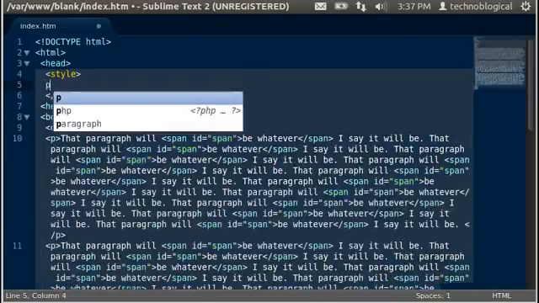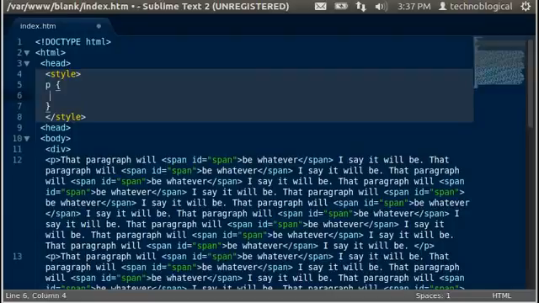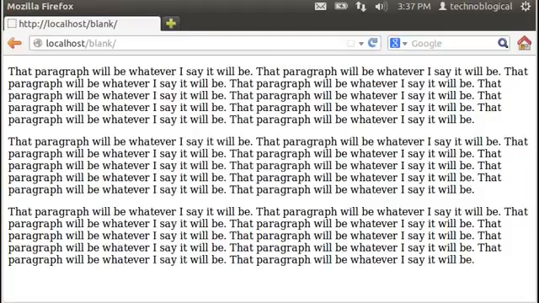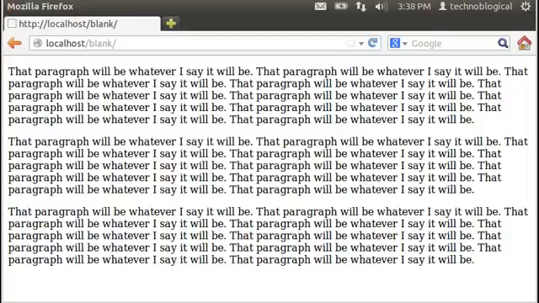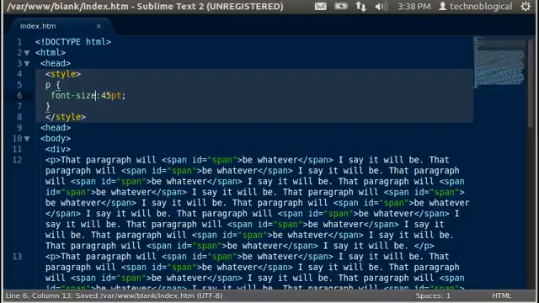So we're going to do a P, curly braces, and we're going to do font of 45 point. We'll save that, refresh. Wait, what am I doing wrong here? Save it. Refresh. Oh, font size. What am I thinking of? Font size 45 point. Yeah, there we go. Great big font. But the cool thing is we're going to use a pseudo element, which is going to be first